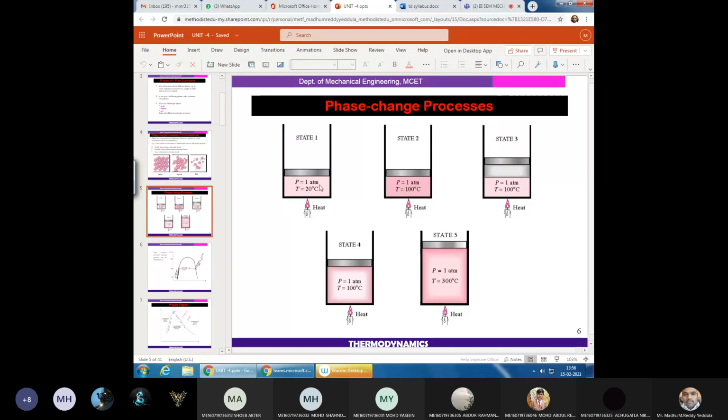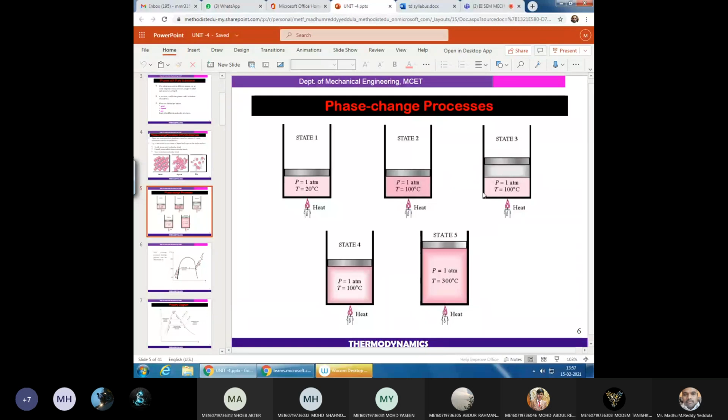Now, state 2 to 3, part of the liquid is converted into vapor. Agree? Temperature is the same, but by addition of further heat, a certain amount of liquid is converted into vapor. Now, the process 2 to 3 is called what? Latent heating. Yes or no? Right? So latent heat means temperature remains the same, but phase change occurs. Here in sensible heating, same phase but different temperatures.